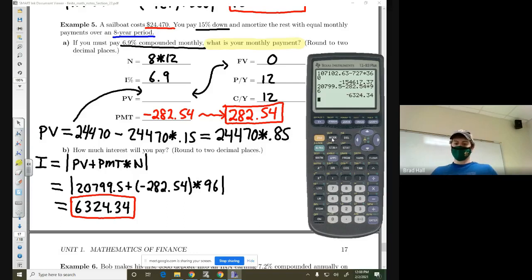Does anyone have any questions before I move on to example 6? If not,